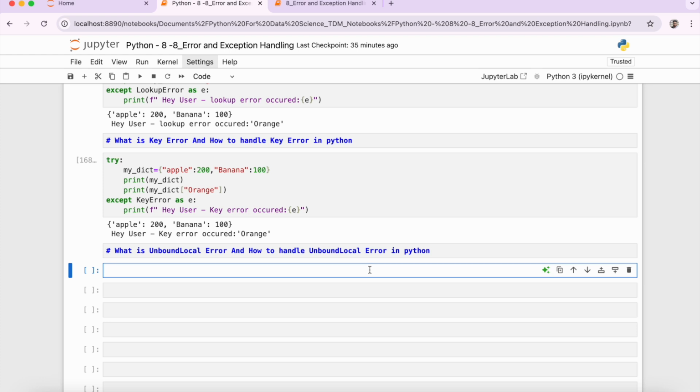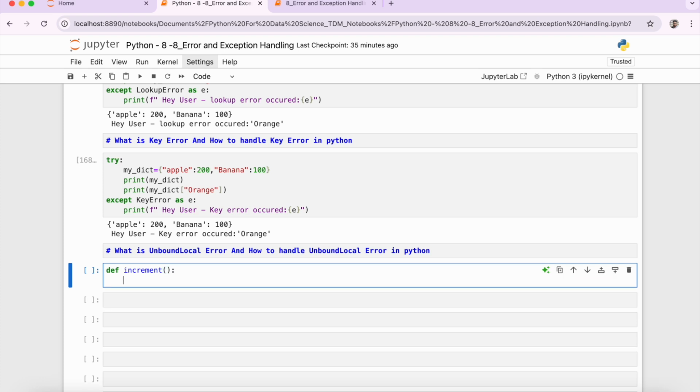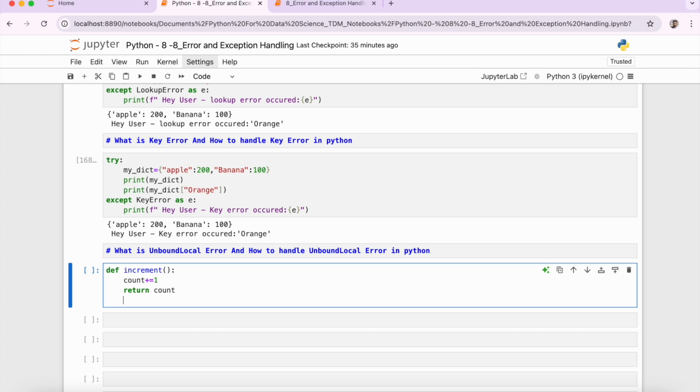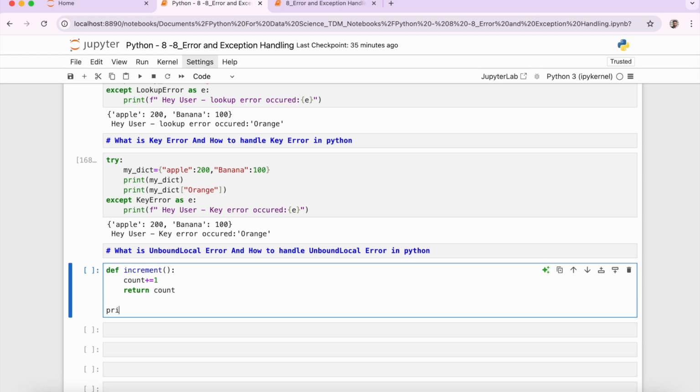Okay, so I'm going to define a function where I'm going to put the name as increment. In this function I'm going to put count += 1, so I'm incrementing the count variable by 1 and then I'm returning the count. Okay, now if I print this increment